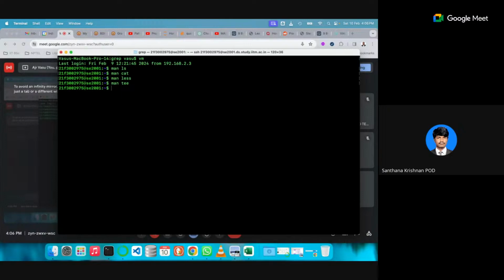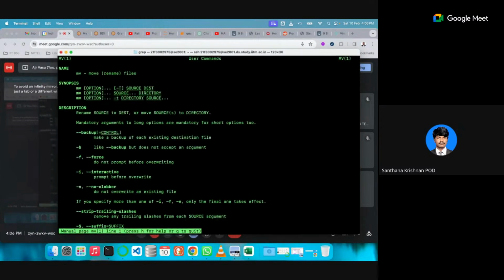Partially it will work, partially it won't. Here you can use multiple options. And if you are using the second format, source and directory, you can have multiple sources, but only one directory.